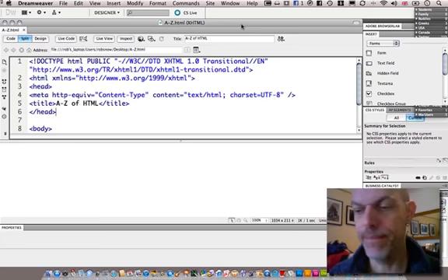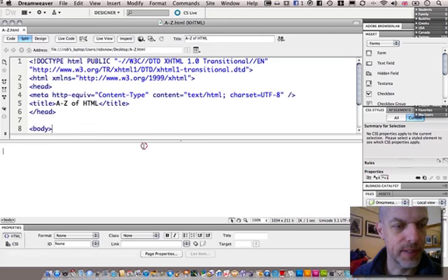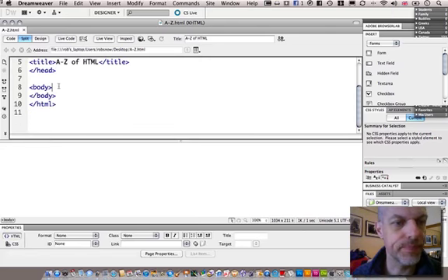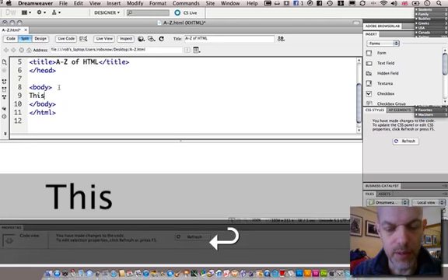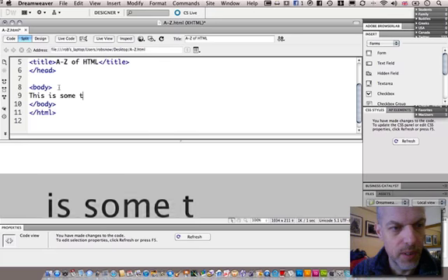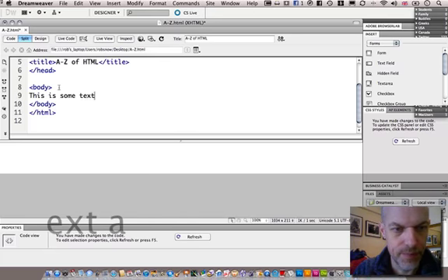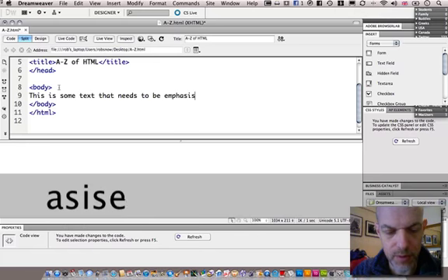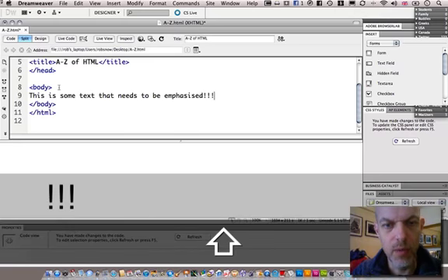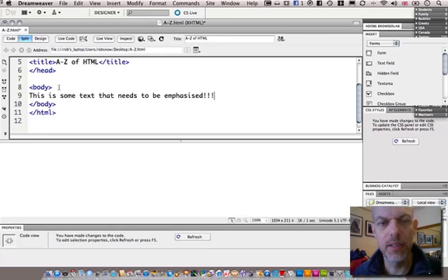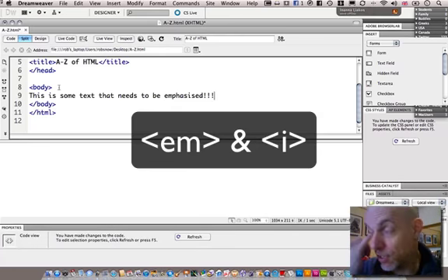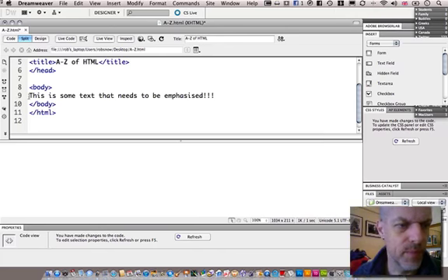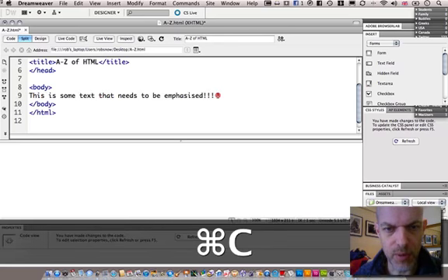Alright, anyway, the first thing we can do on our list is if I just put in some text. This is some text that needs to be emphasized. So what we can do is there's lots of different ways of doing this. There's the term italic, which I'll do in a minute. Actually, I'll do it while I'm talking about it at the same time, so I'm going to copy that and